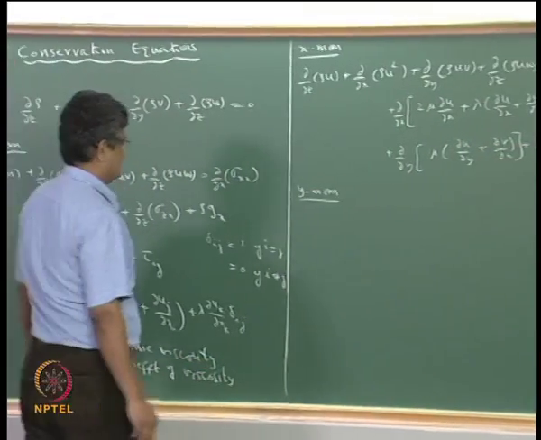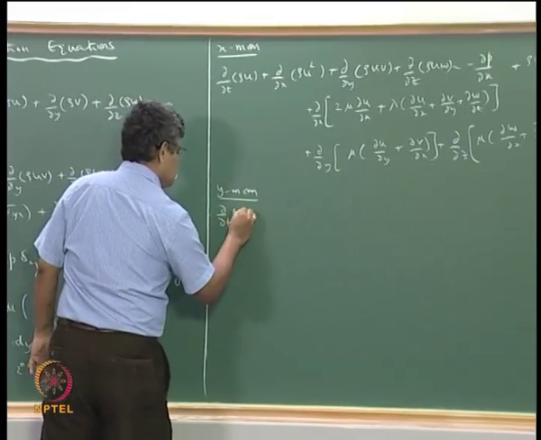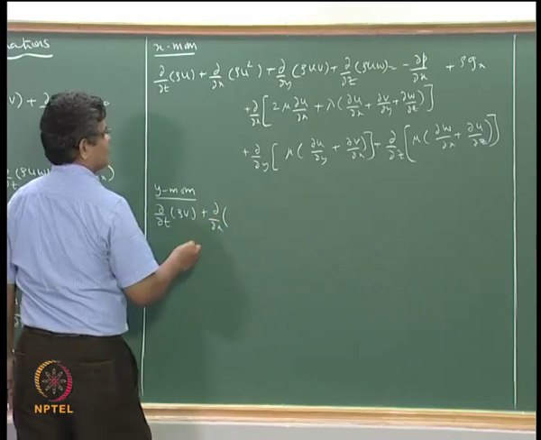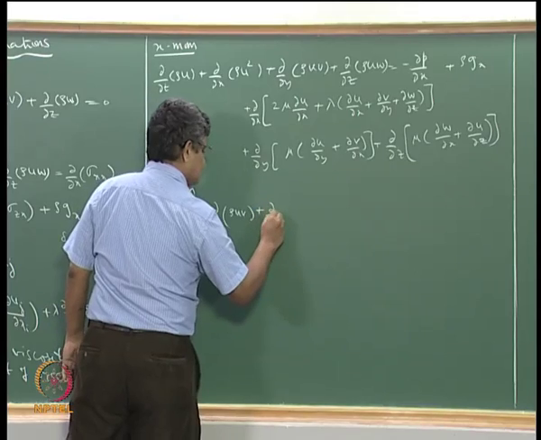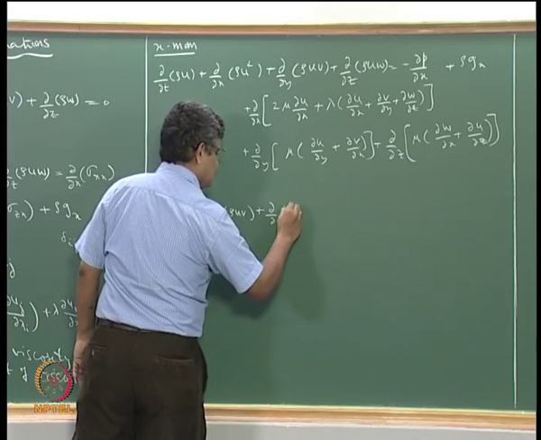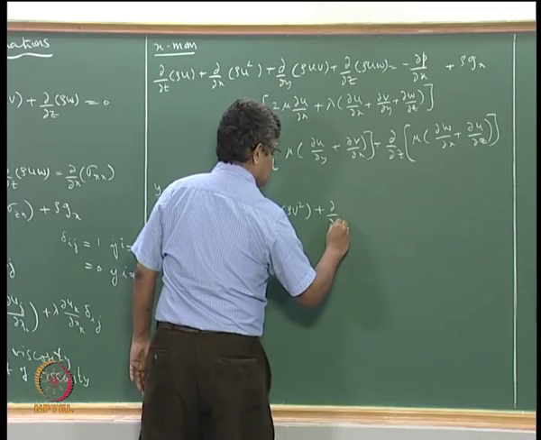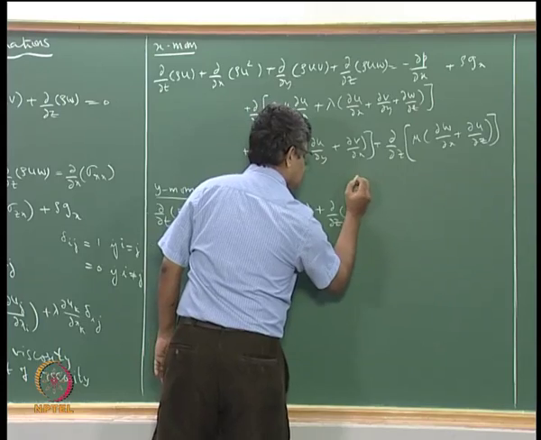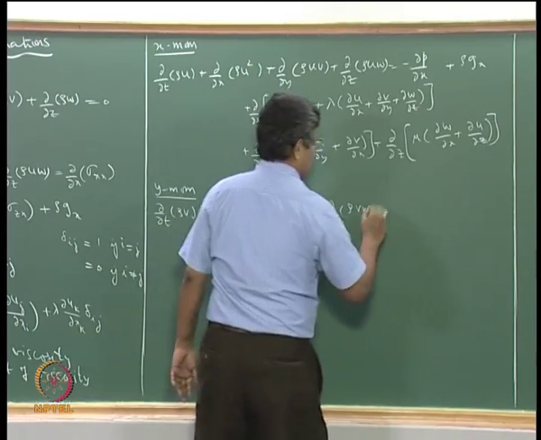We will just look at that. So we can say that rho v plus partial with respect to x of rho u v plus partial with respect to y of rho v square plus partial with respect to z of rho v w is equal to,